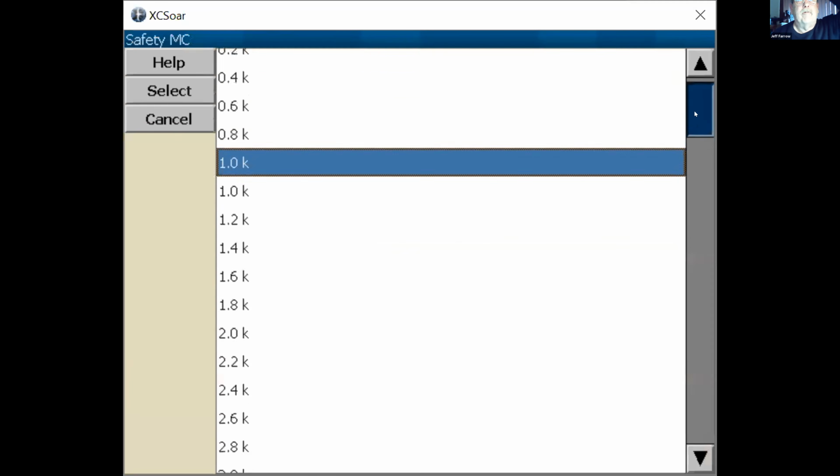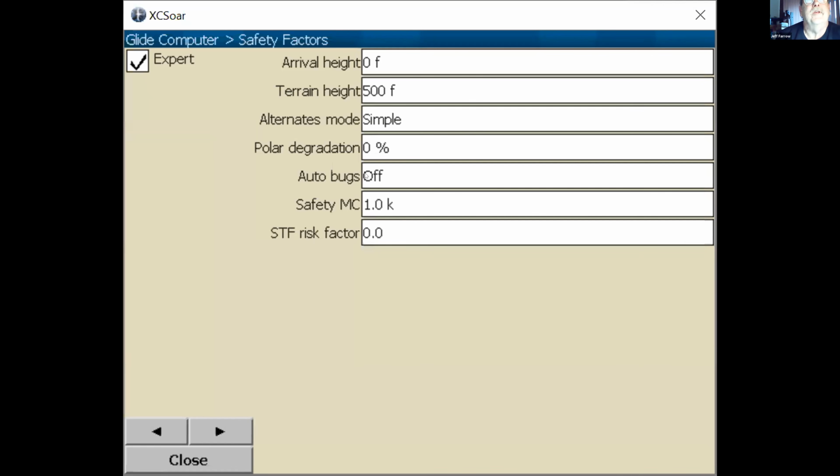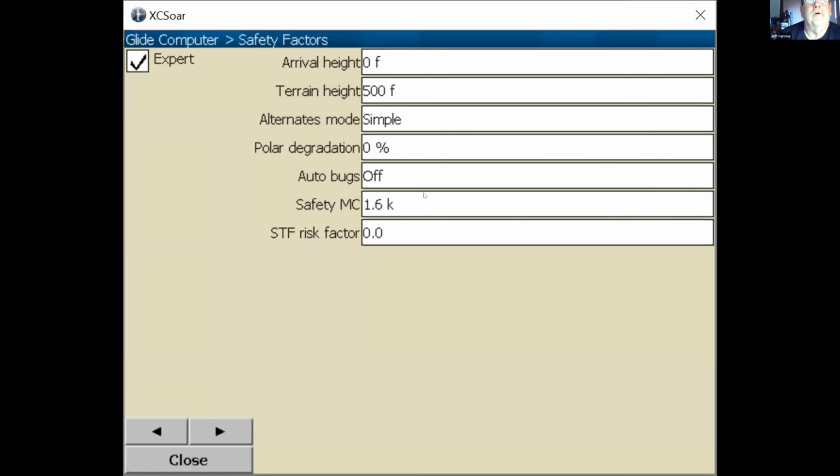The minimum, you want to have a bit of McCready in reserve so that if things turn to shit, you've just got a little bit below you that you can rely on. You don't put your base McCready down at 0 and have nothing sitting there. Everyone can have their own choice as to what they use for safety McCready. One's usually regarded as reasonable, 1.5, something like that. That is what I normally set it.